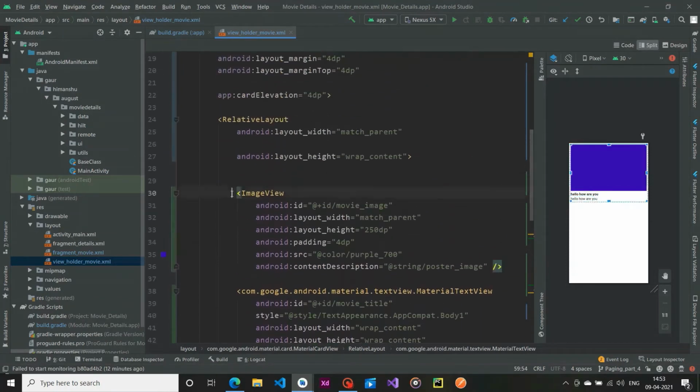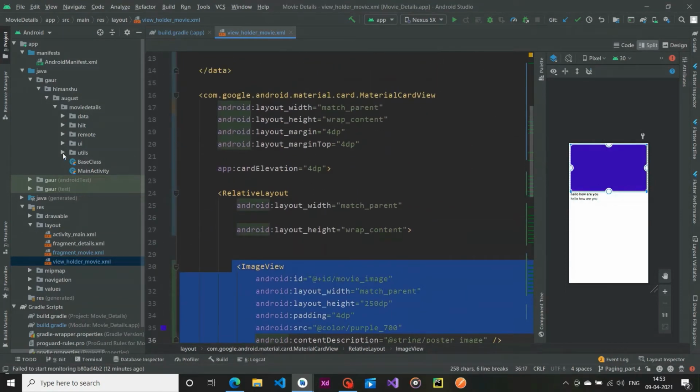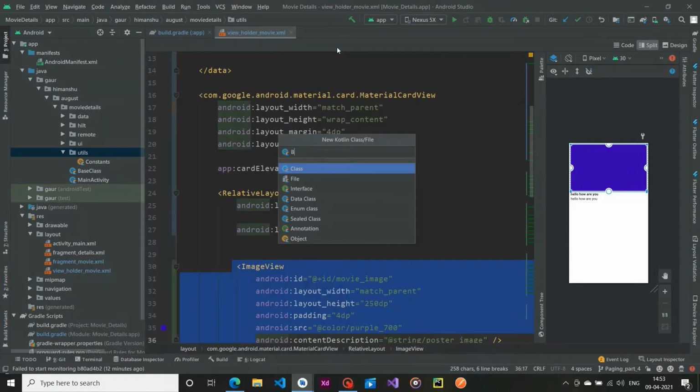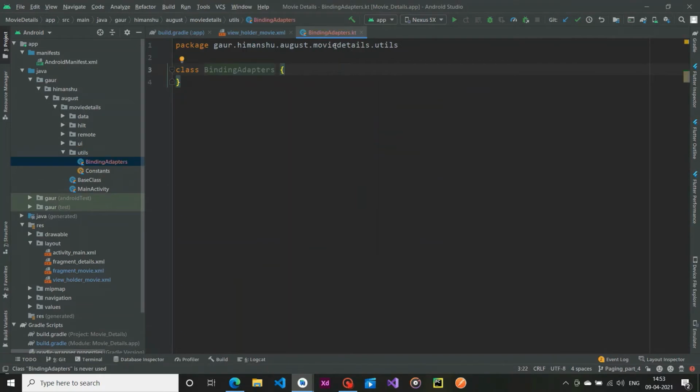So for our image view, what we do is, in the utils, create a new Kotlin file named BindingAdapters. Create, and this is not a class, it's a file.